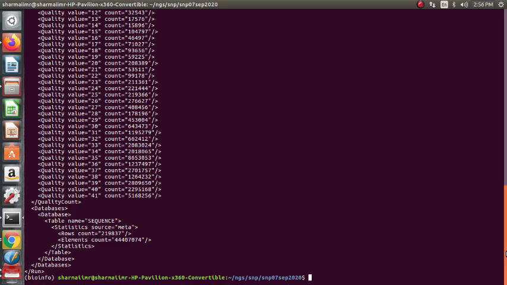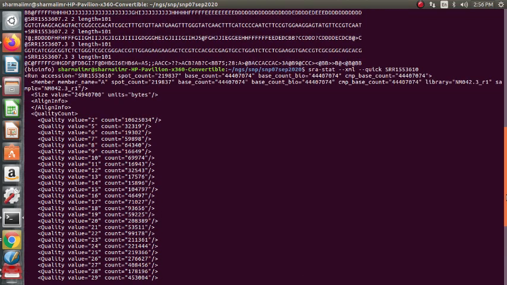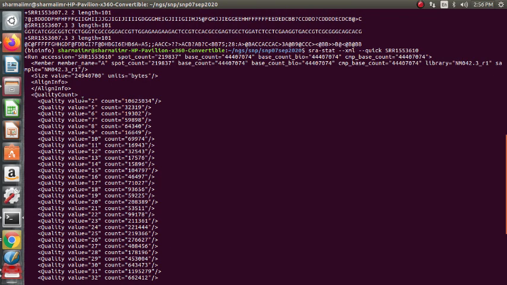So this is in XML format, right? The quality value 2, as we know, is low quality. Quality value 2, count of what? Count is the number of spots, right? Yes, for quality value 2, this is a count of the number of spots.